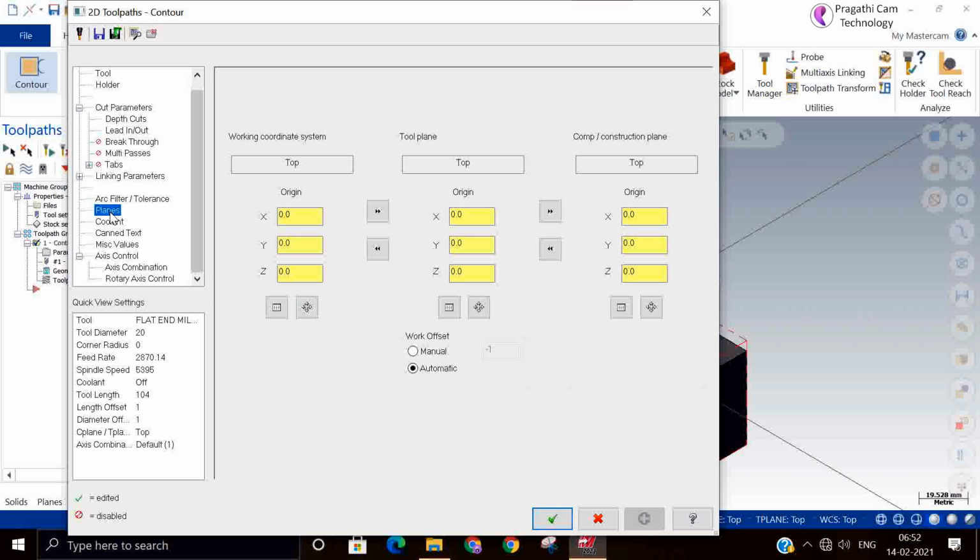So WCS should be the single plane. When you change the tool plane and the construction plane, automatically the job will rotate and you can machine. In that situation, you need a multi-axis license. Then only you can use this application. So if you have a multi-axis machine, then only you can use this particular option.